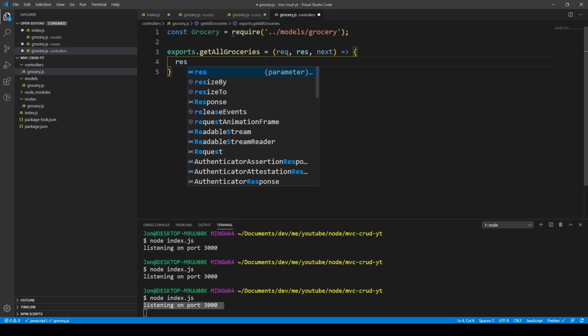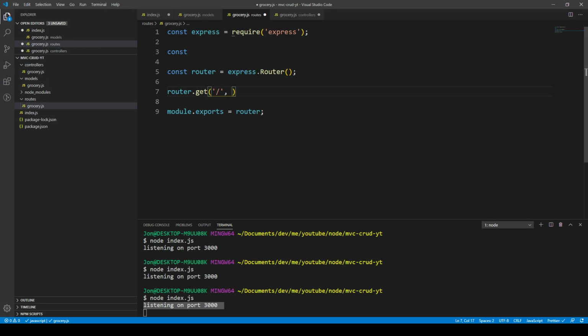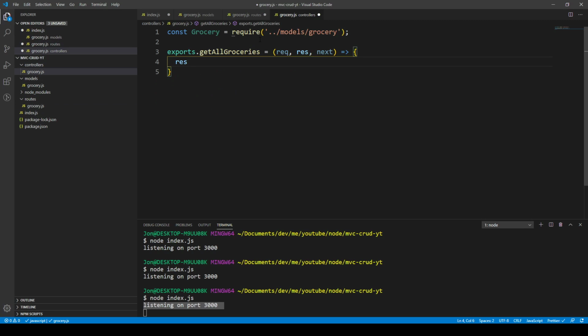So there's this method on the response. We get the request when we visit the website. So whatever the website is /groceries, that will make the get request. Then when we go to this route, this get request will have a controller here. So this is the get all groceries controller,